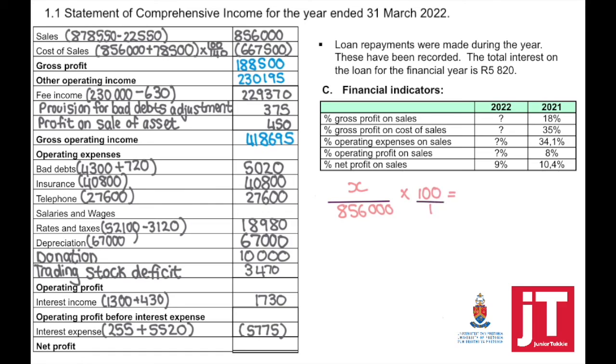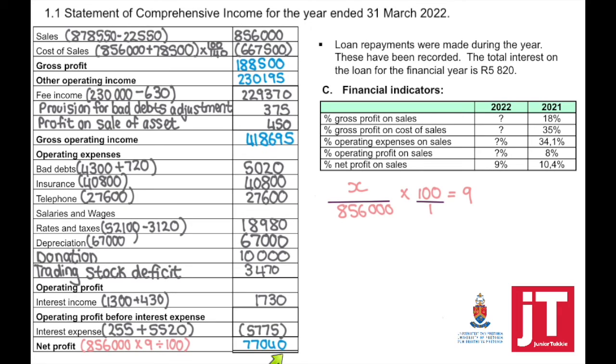So to calculate the percentage net profit on sales, it is your net profit, which is unknown, that's what we need to solve, divided by your sales times 100 equals the percentage, which is 9%. So to solve x, we're going to say times 9 divided by 100. My net profit is